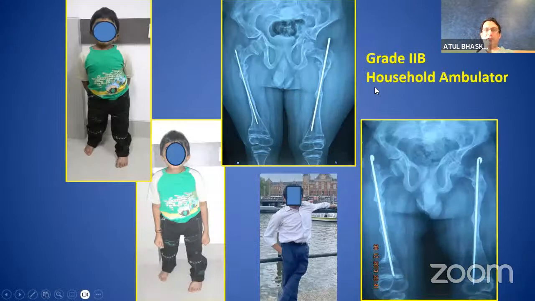And here he is now, he's 24 years of age. I've always put the rush nail in because his canal is so narrow. And he's now actually doing a PhD in Amsterdam. So he's one of our prize patients who has been following up religiously for the last 15 years.